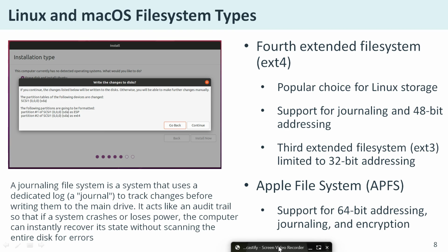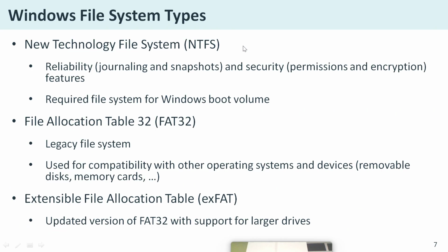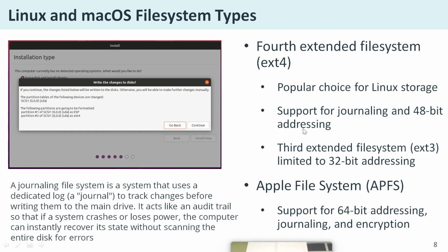From the third extended file system, they now move on towards the fourth extended file system. So let's take a look at this now, so we can understand clearly. So we're talking about extensible file allocation table. We said this is an expansion from FAT32, right? So here now we have the fourth extended file system. This fourth extended file system is an extended version of the first one we talked about. But this time around,